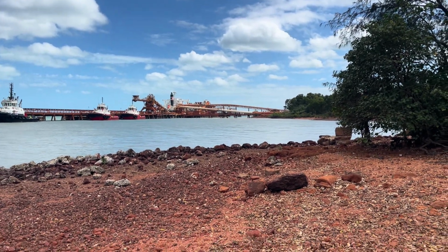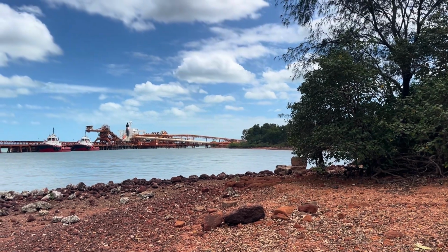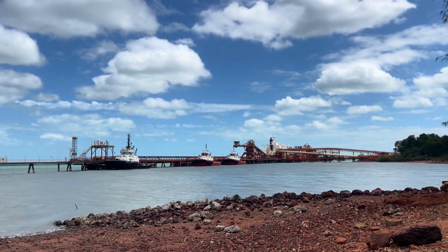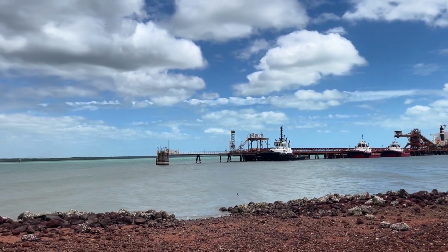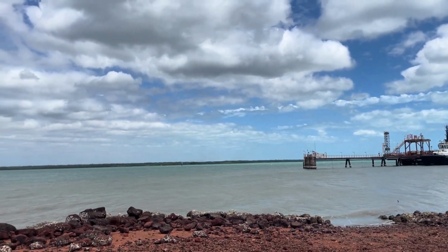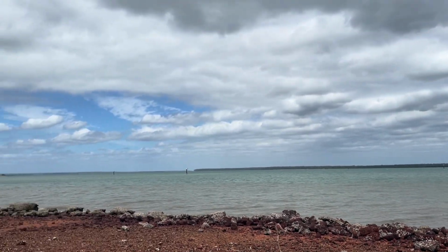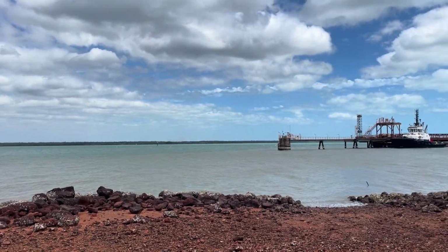Well, we made it to Weipa. A fair bit of dirt. Most of it was all right to drive on. Obviously, that's some sort of a loading wharf for, I don't know what they mine up here, iron ore probably. All the red rocks. Looking out, this is the point just before Weipa, but out there would be the Gulf